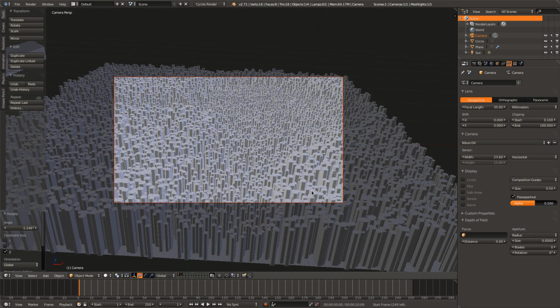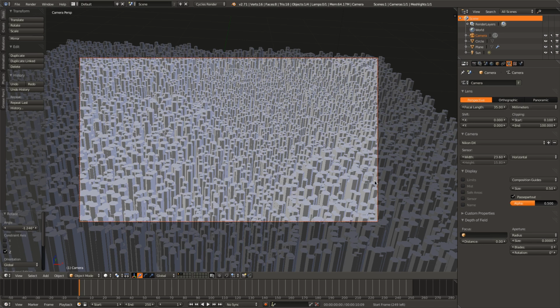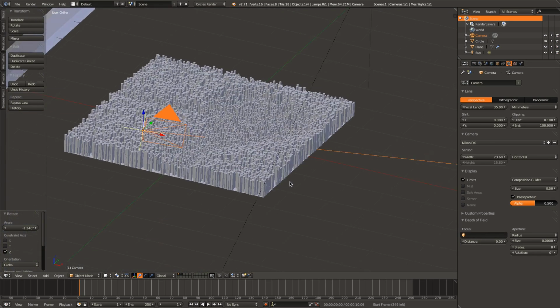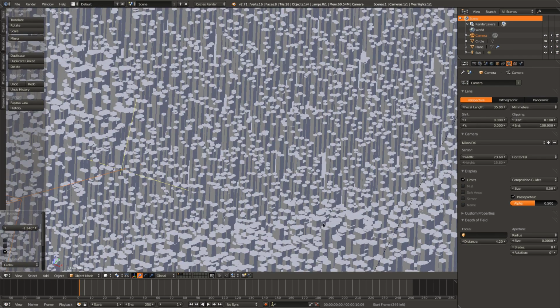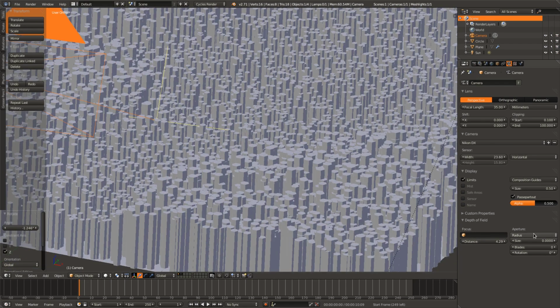Okay, and I like that because the lens can actually get most of the image, or most of our plane. So I don't know, I kind of like it. Anything else? Yes, we need to set the focus. So turn on limits, and then just slide this distance up right over to there, so that it's basically right on top of those crystals, and then change the aperture radius setting to f-stop, and